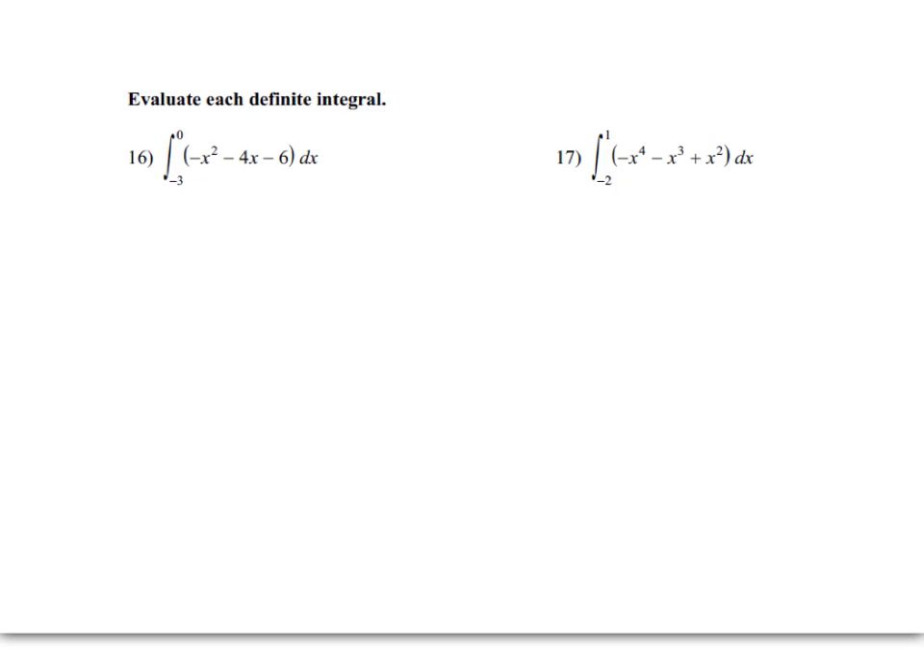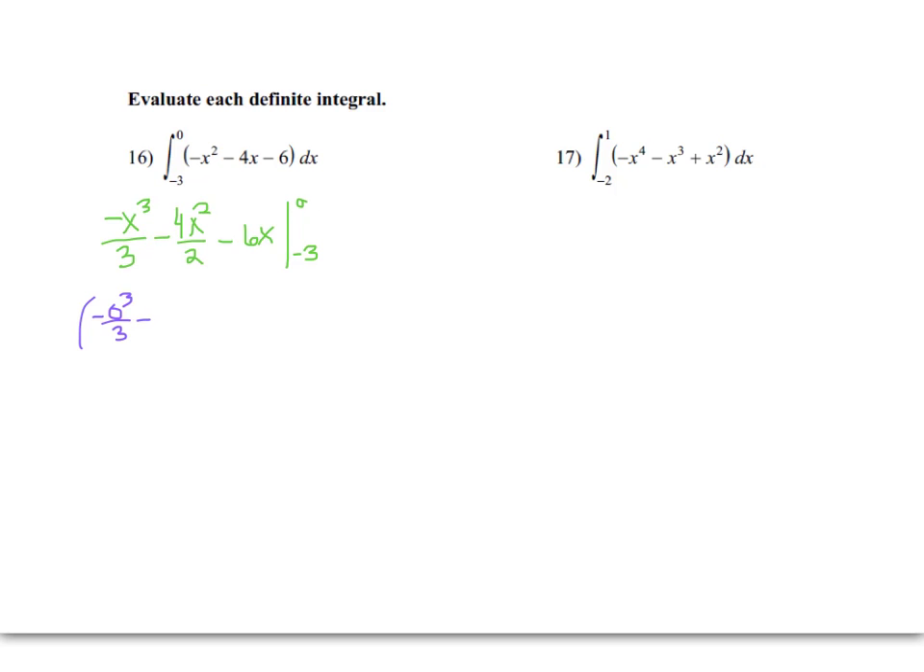So on 16 and 17, these are power rules. So you add a power and then divide. When I add a power to 2, I get 3, and then I divide by 3. Then this is negative 4x squared over 2, and then the negative 6 needs an x with it. Then I'm going to plug in 0 and negative 3. I plug in the 0 first,